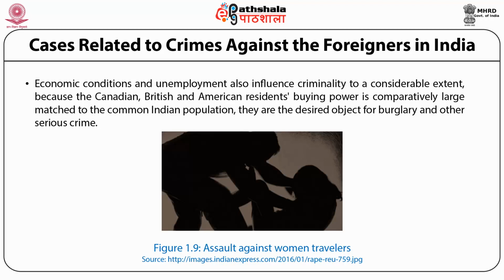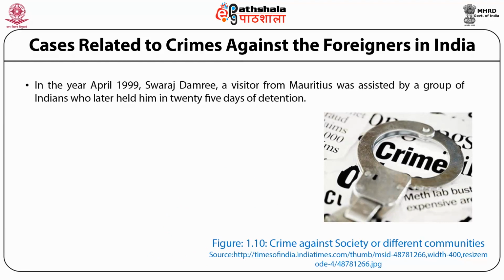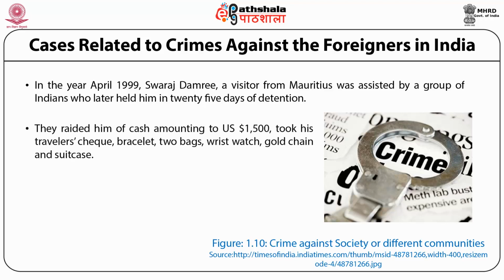Theft of cameras, mobile phones, chain snatching and other valuables of tourists is becoming common these days. In April 1999, Savraj Damri, a visitor from Mauritius, was assisted by a group of Indians who later held him in detention for 25 days. They robbed him of cash amounting to US dollar 1500, took his traveler's checks, bracelet, 2 bags, a wristwatch, gold